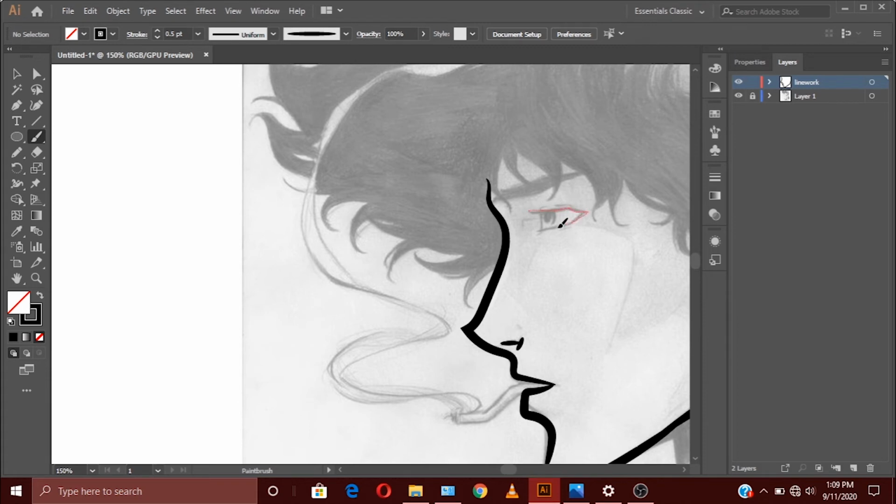For these minor details you can just decrease your stroke size so that it can be visible.